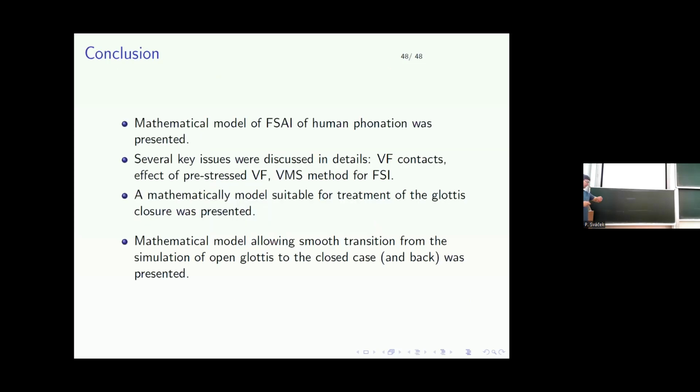I think I ran out of time. I presented the model of fluid-structure-acoustic interactions. I introduced how important phenomena such as vocal fold impact can be included in the model, and how to include nonlinearities such as the pre-stressed vocal fold in the system. So thank you for your attention, and I'm looking forward to